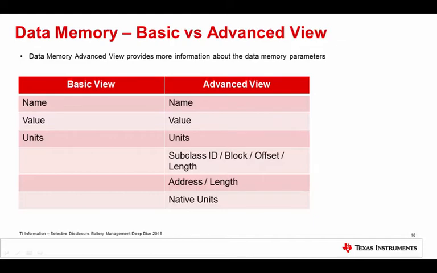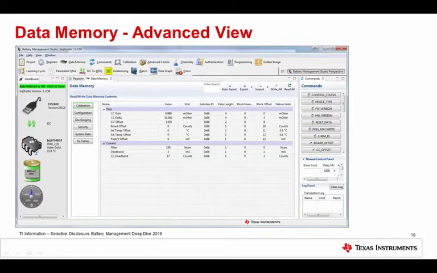And the importance of address and length or subclass and block offset, again, is that it gives you information that you can then use to build command sequences if you want to in your own environment, in your firmware, in your software, or your production environment, to do low-level commands. So for example, for this gauge, you can see these are the subclass IDs, the block length, the number, and the offset that's available to you if you want to update or read any of these particular parameters on the COM interface at a low level.